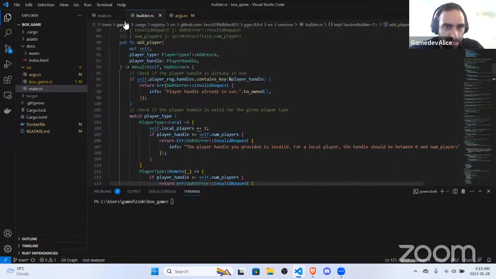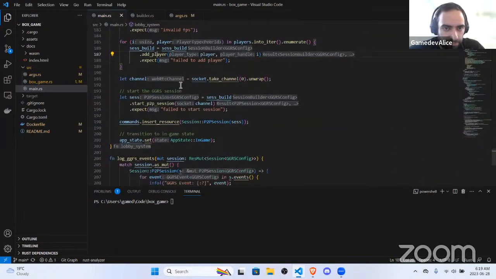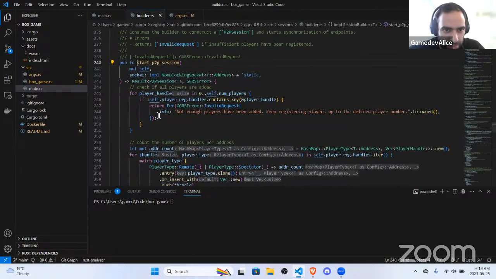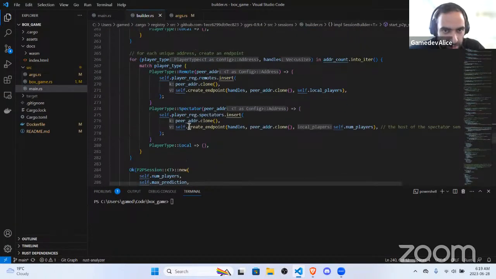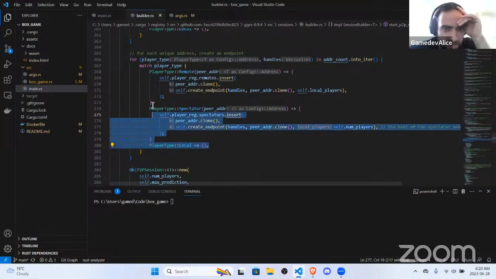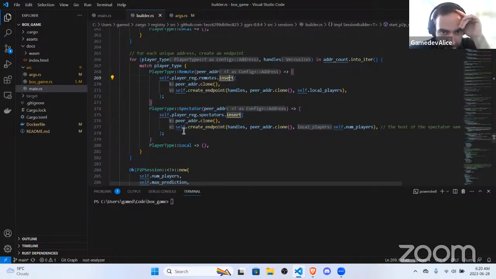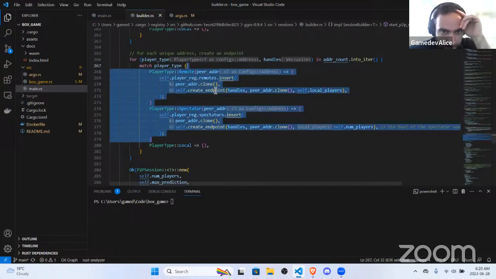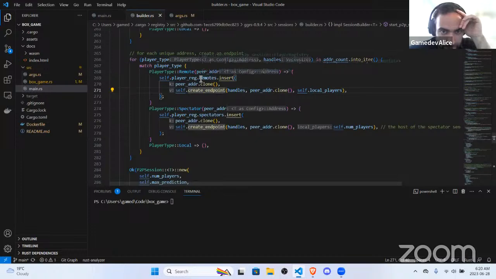So yeah, let me take one more look at start PvP session. We won't have to do this for every player, but for the one player that joined already in the game, we can. Well, the local doesn't need to do anything, but everyone else who's accepting that new player joining, they need to do either this or this. It looks like